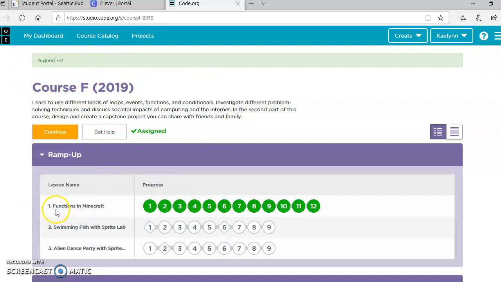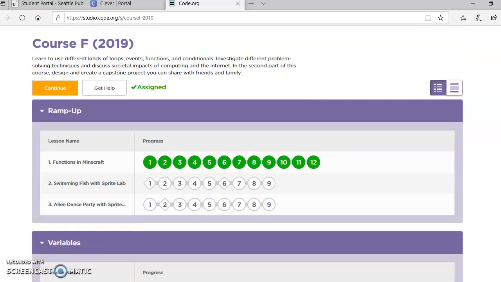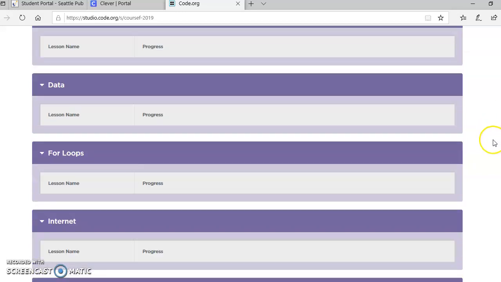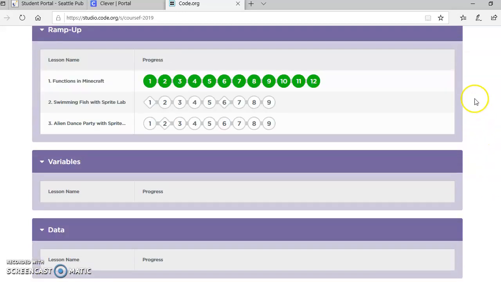So this is the first lesson, Function in Minecraft. And then lessons 2 and 3 have also been assigned, but no rush on getting those completed. I see my daughter hasn't gotten them done either. But the second lesson is Swimming Fish with Sprite Lab, and then the third, Alien Dance Party. Course F does have several other lessons, but I have them all hidden for now until